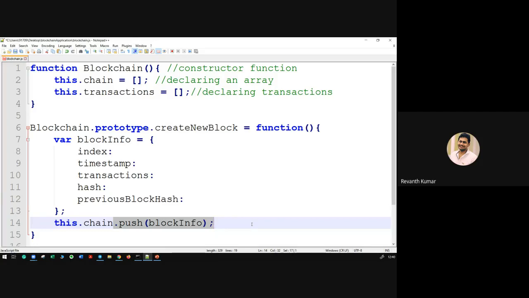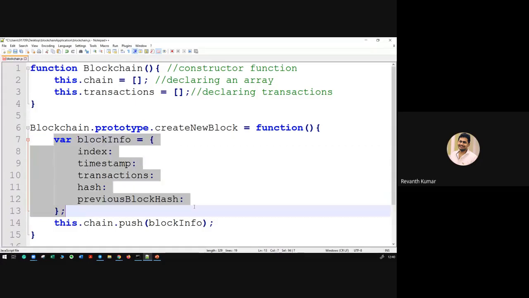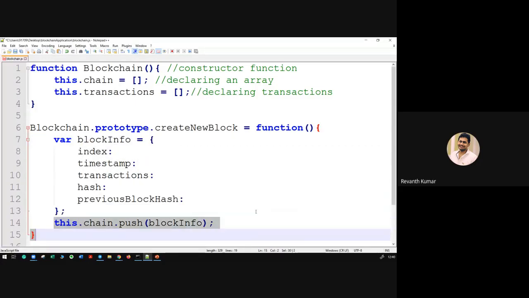It is one of the basic functions in JavaScript. It adds an element to the last position of the array. That means once you create the blockInfo, you add it to the chain. That's it. So you just need to create the block info and push it to the chain directly. Write this program and we are going to implement it in our